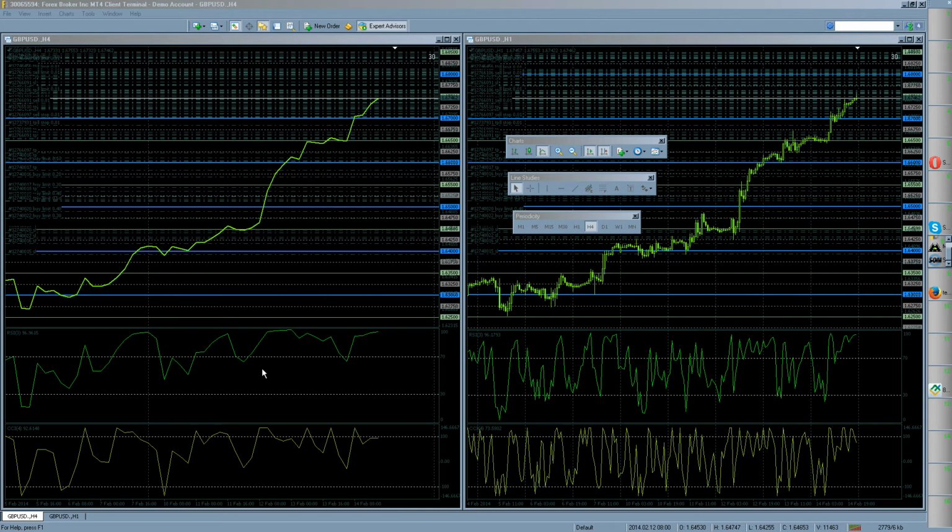RSI, if you put it on 2, it just looks like this over here, so that probably would be a little tough to see patterns. But at 3, you basically got hypersensitivity, and CCI, if you go to 3, it looks like this over here, not so good. So on 4, you still got dimensionality, you still got the